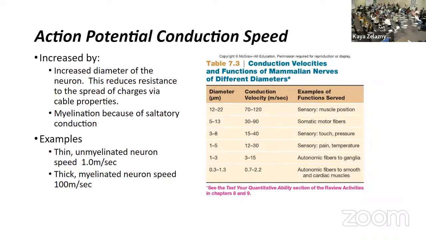Now, the speed with which an action potential flows down an axon is variable. On different nerves, it's going to happen at different rates. One of the things that changes our speed of propagation, that speed of the signaling down the nerve, is whether we have myelin or not. So myelinated neurons go faster, unmyelinated neurons go slower. The other thing that can affect the speed and allow it to vary is the